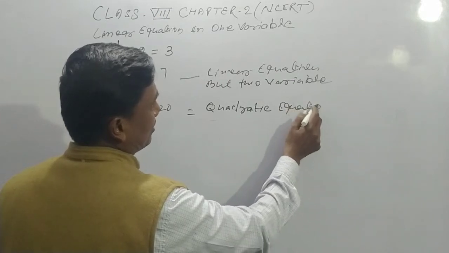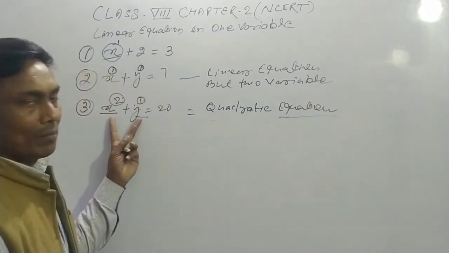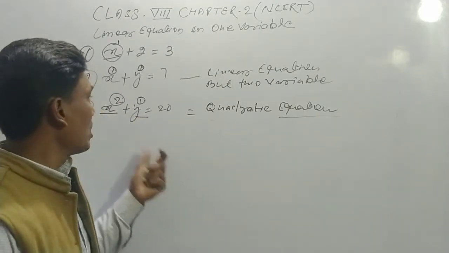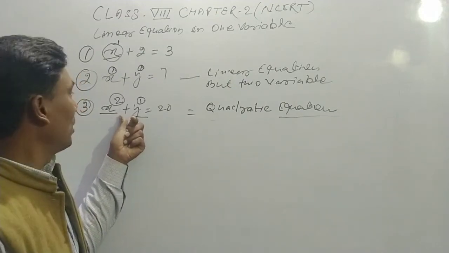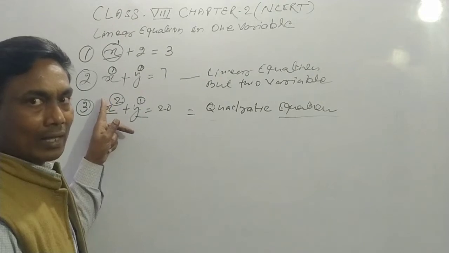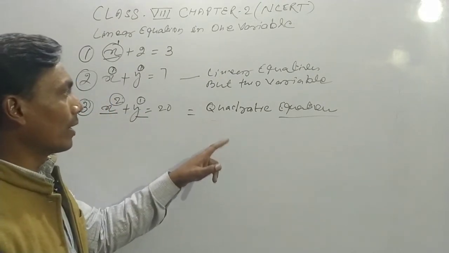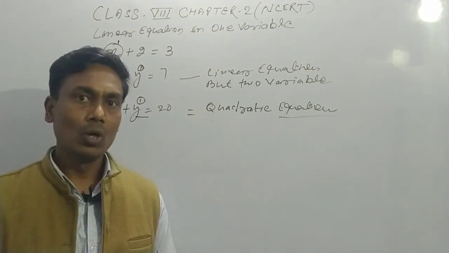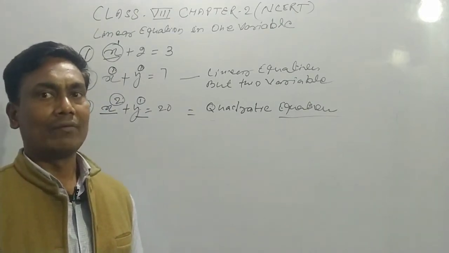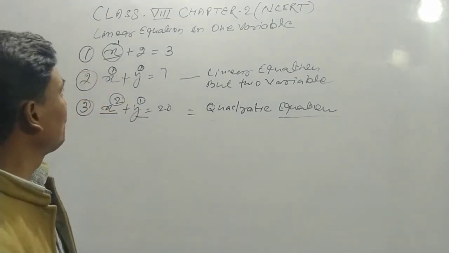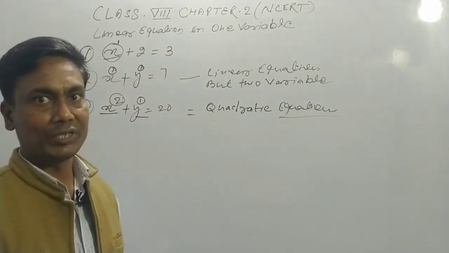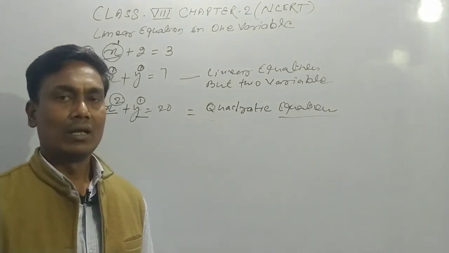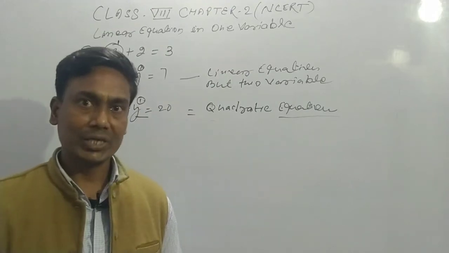This given equation is a two variable equation but not a linear equation. It's a quadratic equation because the highest power of exponent of the variable is greater than 1. Here the highest power is 2. The highest power of exponent of a variable may be more than 2, but in this session today we are talking about the linear equation. The quadratic equation and higher equations we discuss in the next video.